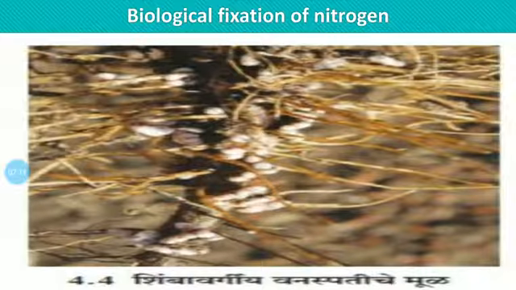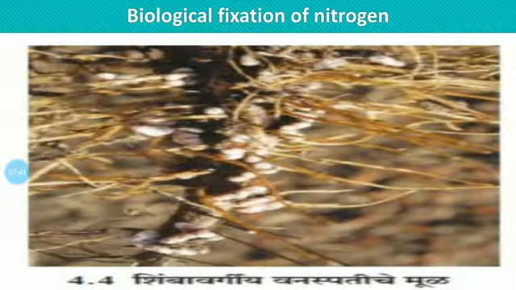For nutrition plants need nitrogen, but plants can't directly take the nitrogen present in the air as it is. First of all, that nitrogen is converted into a compound form,